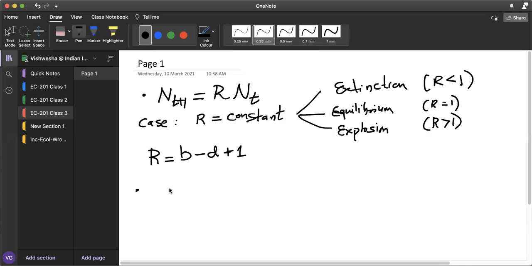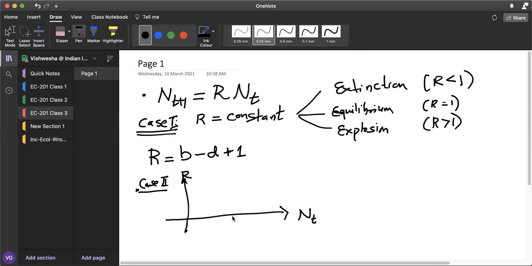We made a modification. We said R is not a constant anymore. So let's call this case capital 1 to distinguish it from the cases 1, 2, 3 that I had discussed earlier. So we considered case 2 where this R now decays as a function of n. Let's say it has a value of R0 when the value of population size is 0, and